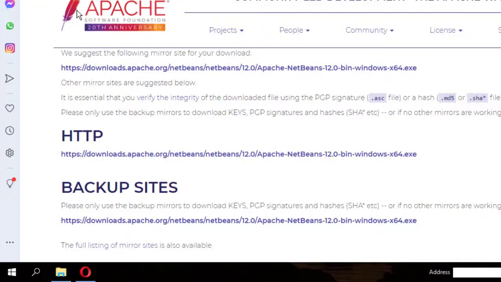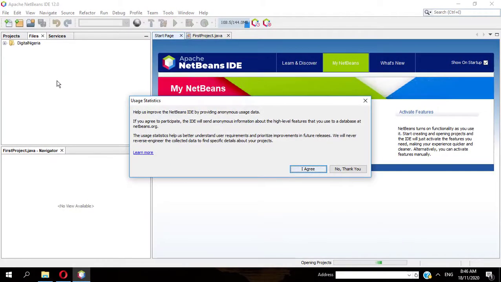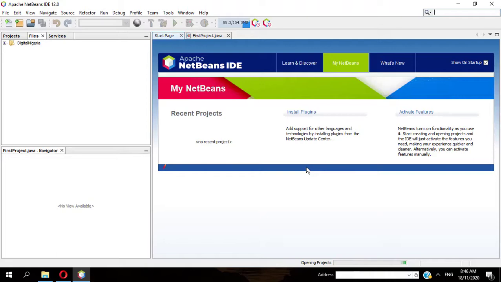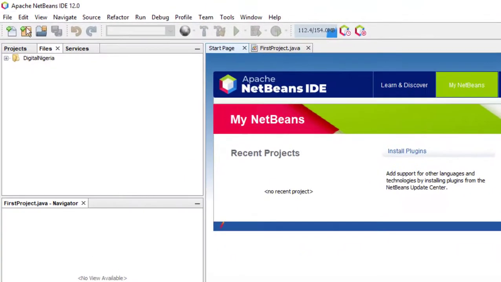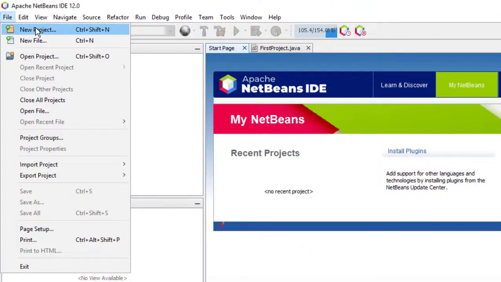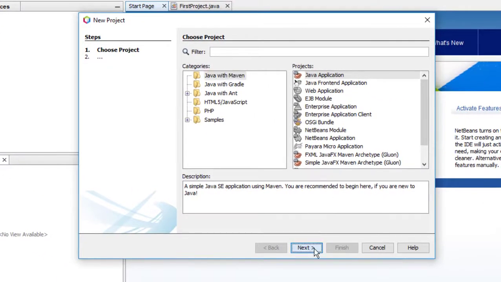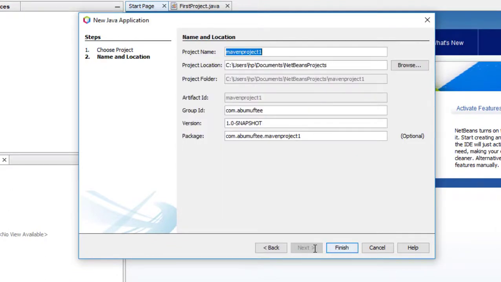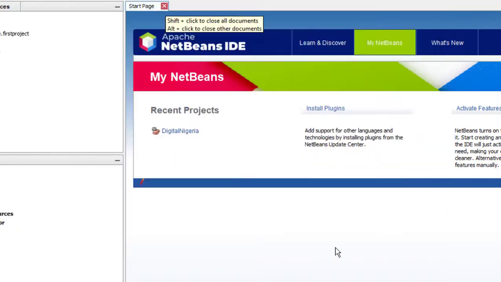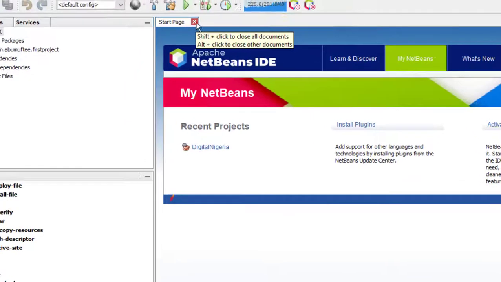Click on this. You then have an option of either agreeing with this or disagreeing. Let me click on agree. You have to initiate a project. I'm going to click on file, new project, and inside this new project I'm going to open Java application. Click on next. I'm going to just call this first project, then click on finish, close this start page, click